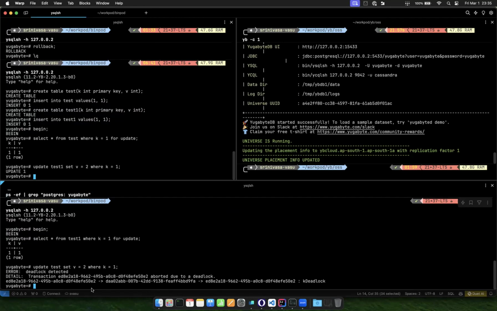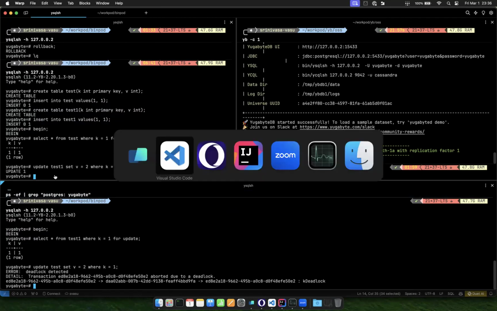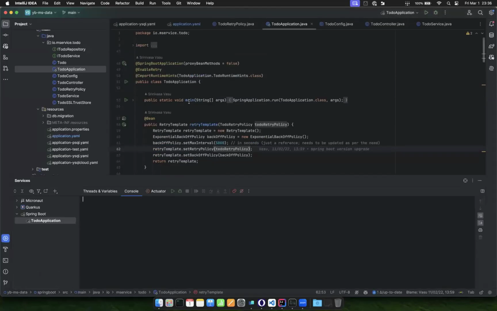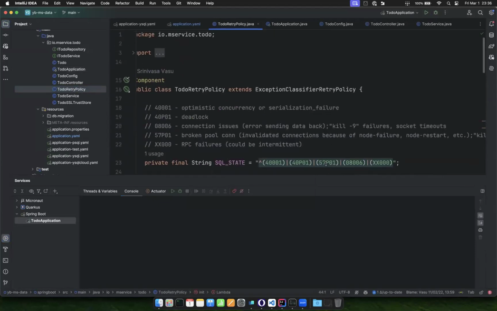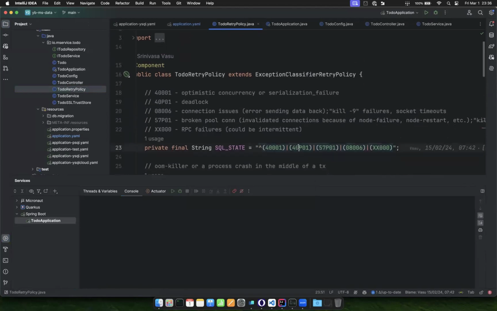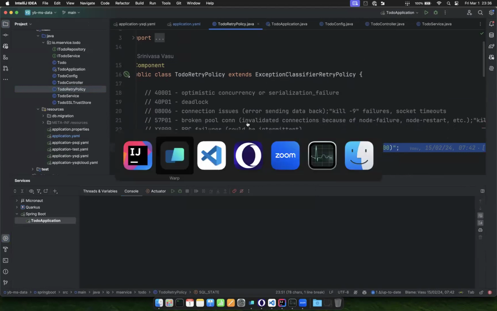When a deadlock happens, it gets detected. One of the transactions will fail, and the other would get through. If you have retry logic in your application, then you retry it in the next attempt, and most likely it should get through, right? The code for deadlock is also listed in the same file. The code is 40P01. For serialization, it's 40001, and for deadlock, it's 40P01, right? And the descriptions are also given in the